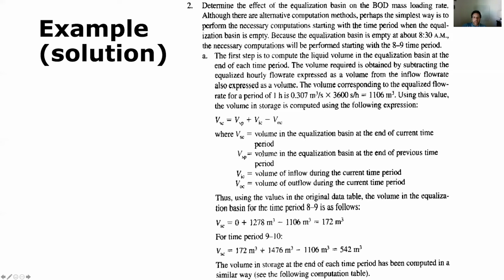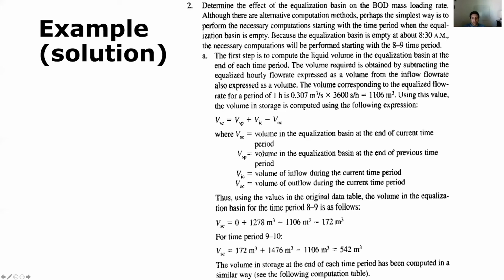So if we perform this calculation, we get a value of 542 cubic meters. So after that first 2 hours, the volume in the tank increases to 542 cubic meters. And we repeat that calculation for the rest of the 24-hour day, and we're going to see that level go up. It's going to go up to our maximum storage volume, and then it's going to start to come back down. Because in the middle of the night, we're going to be discharging more sewage than what we're bringing into